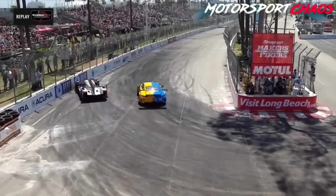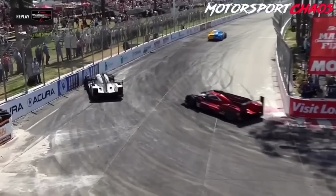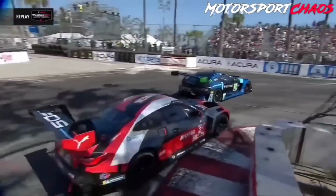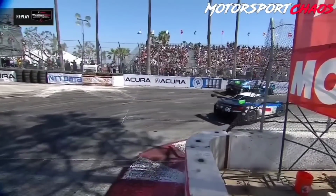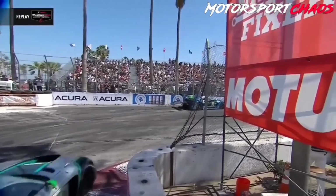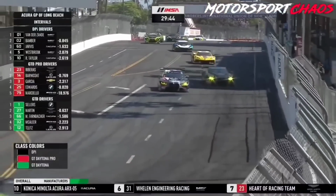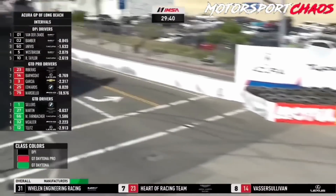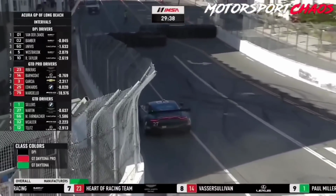Now, did he clip the inside corner, or was he just on the wrong line? Did he jump, or was he pushed? Brian Sellers right there. No, he just didn't have the lock again. He went in too early. The minimum drive time is 35 minutes. Yeah, I thought so. Oh, into the wall for the Heart of Racing Aston Martin, down at the bottom of